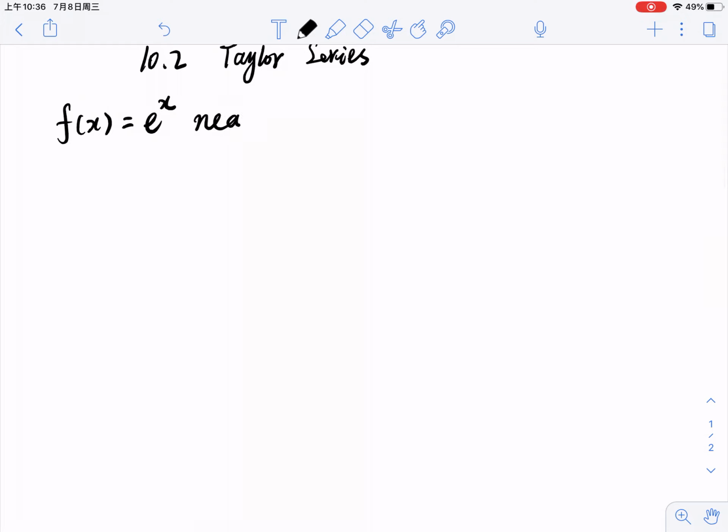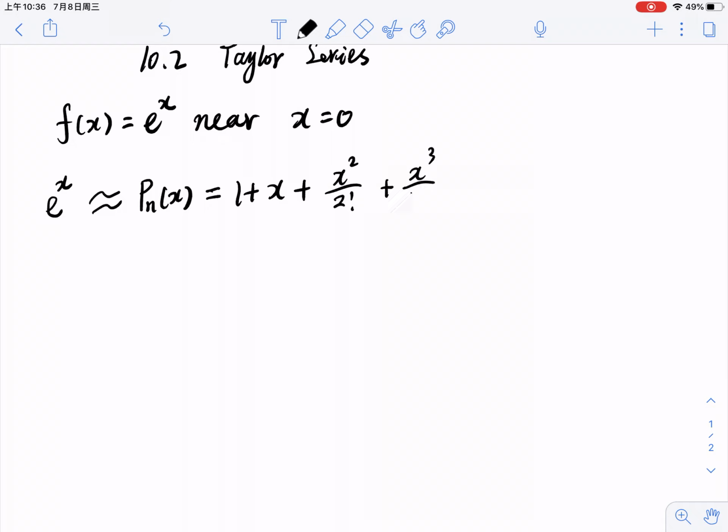Near x = 0, we had e^x can be approximated by P_n(x). This is the Taylor polynomial of degree n. P_n(x) is 1 + x + x squared over 2 factorial + x cubed over 3 factorial + ..., and the last term is x to the power n over n factorial. It turns out that the larger we make n, the better P_n(x) is as an approximation to